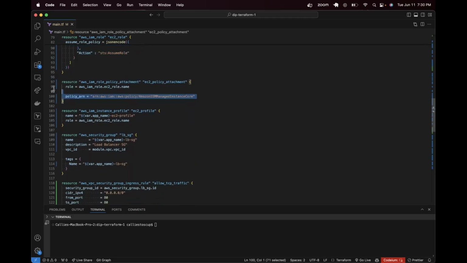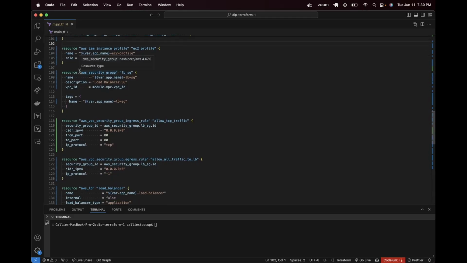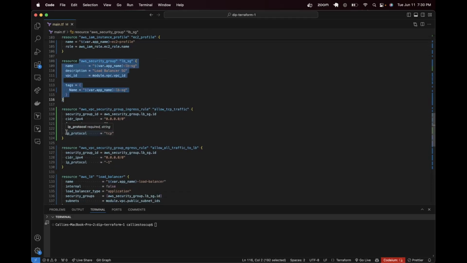And the policy that we want to attach to that role is the SSM managed instance core. That's correct still. All right. Our load balancer security group is next with an ingress and egress rule. So we are saying here that we want to create the load balancer security group. That's fine. And then ingress, we want to allow TCP traffic